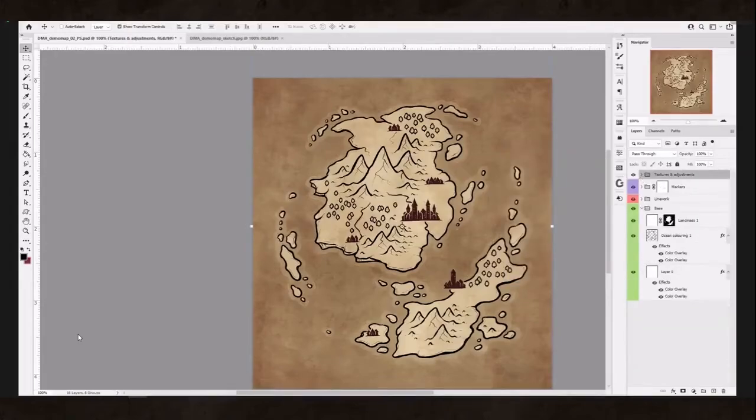So this would be the first bits of texturing. I tend to find that texturing and coloring is something that I come back to tweak as I go along, but I like to do a bit of it now and then move on to something else and then come back to it a bit later,